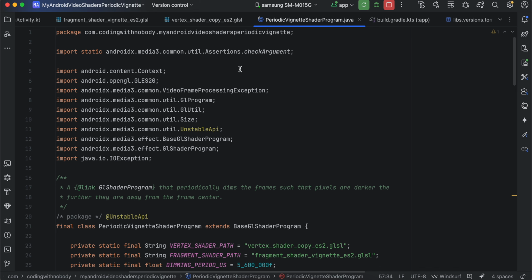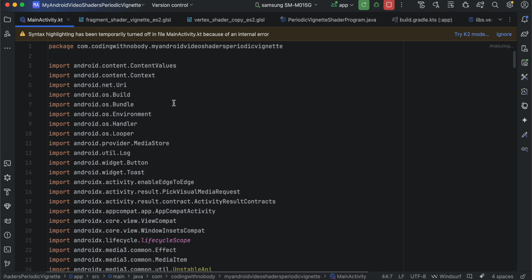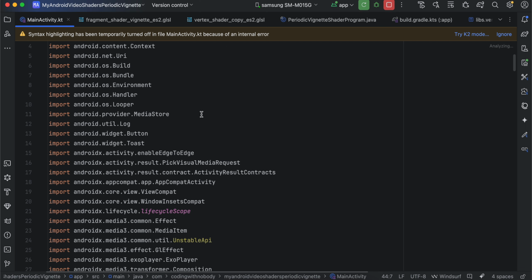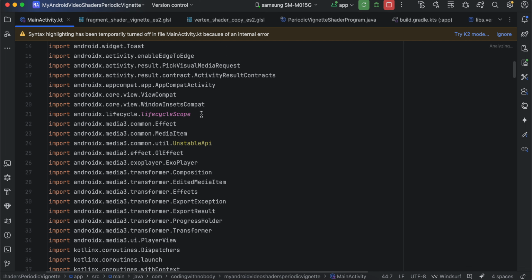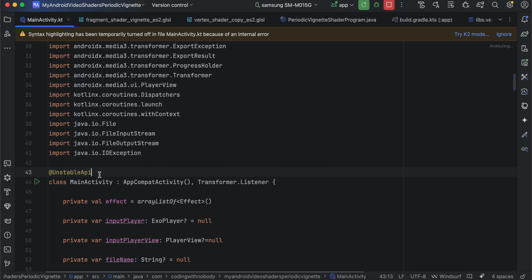Okay, so that's it. Now next let's go to our main activity where we are actually writing all the code. Again, these are all the imports, so feel free to pause the video and just copy all these imports which I have. Then we are marking this class as unstable API, because if I just remove this, okay, now this